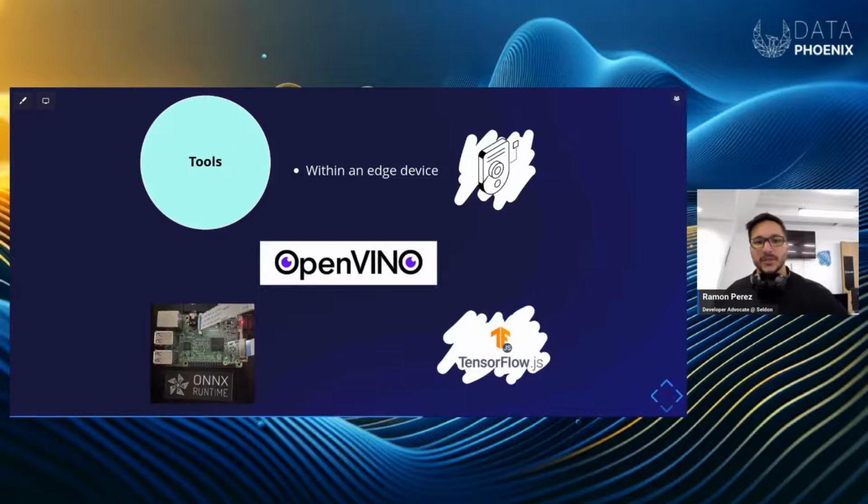And then in terms of the tools that we can use, there's a particular ONNX runtime for Raspberry Pis, which is these devices that you can program for a lot of cool things, to turn on the lights in your house. I used to work at a software engineering academy in Sydney, Australia. And one of my colleagues, in one of her lessons, she was teaching how to create